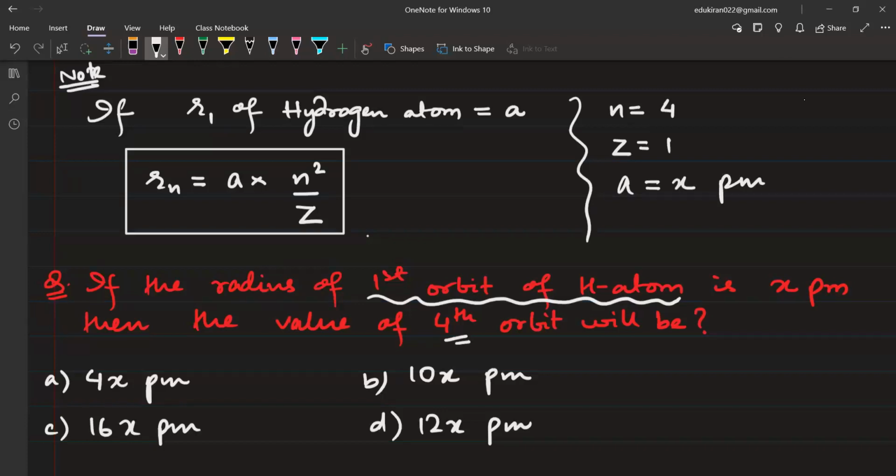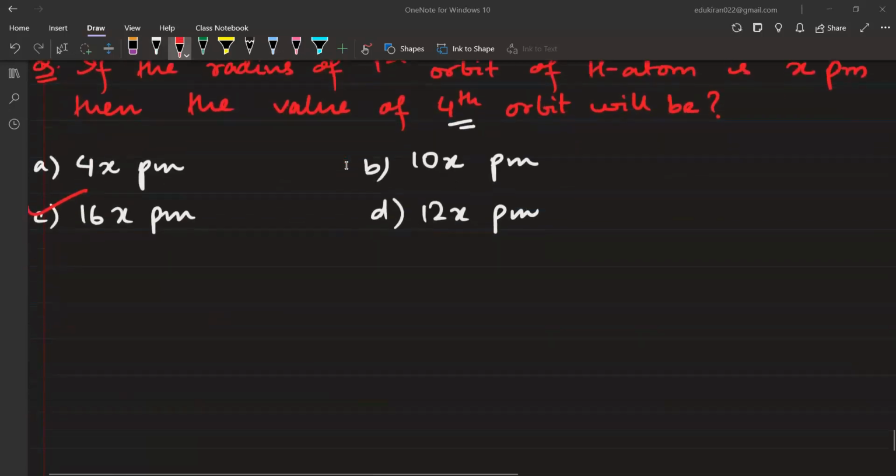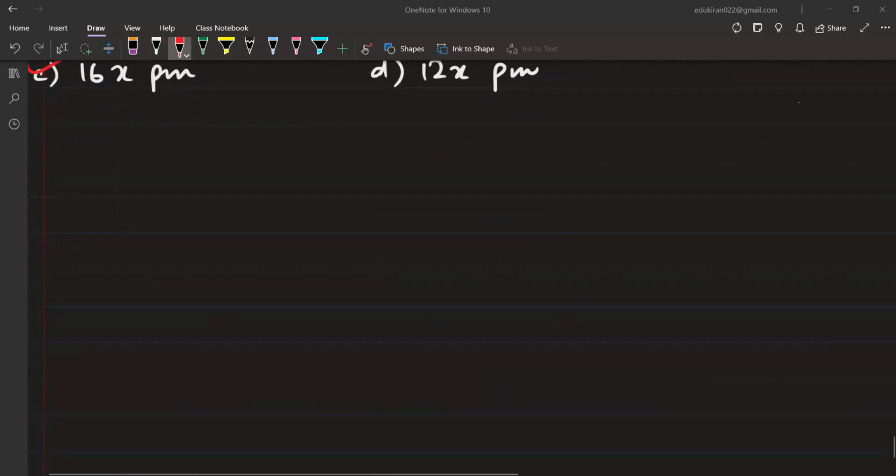X पिकोमीटर. अब प्लग इन कीजिए ना, आंसर आ जाएगा। क्या डिफिकल्ट था? आई अंडरस्टैंड, थोड़ा सा प्रैक्टिस चाहिए आप लोगों को, तभी आएगा। Plug in the values and tell me what is the answer. ठीक है, सबका आ गया आंसर, आसान था? Yes, sir. तो 16x picometer होगा, राइट।